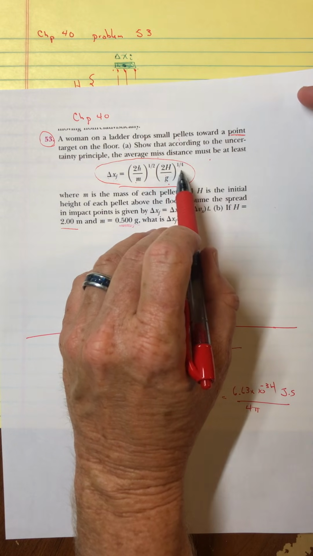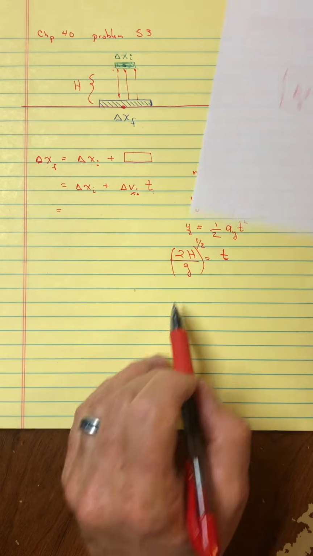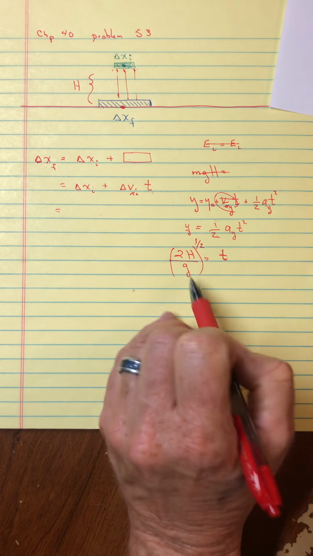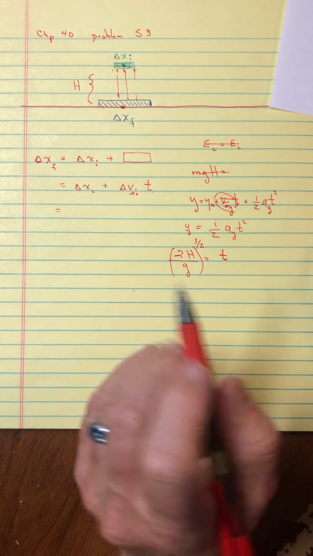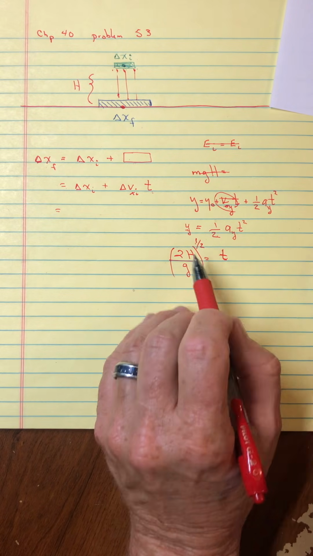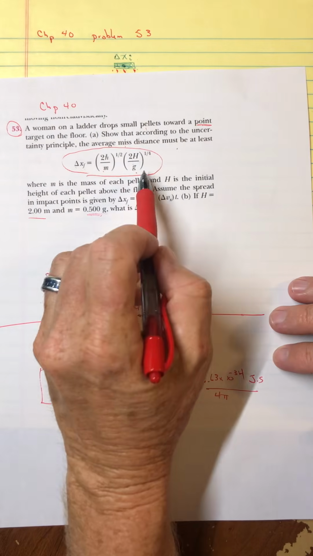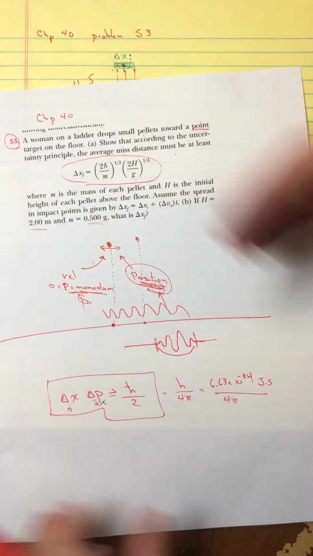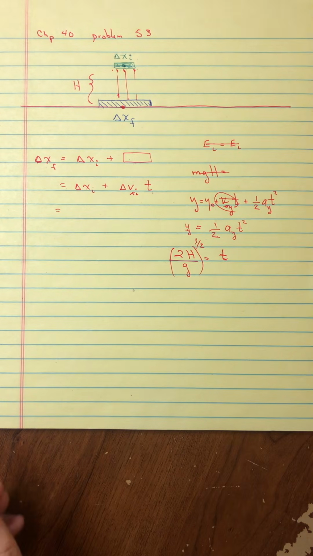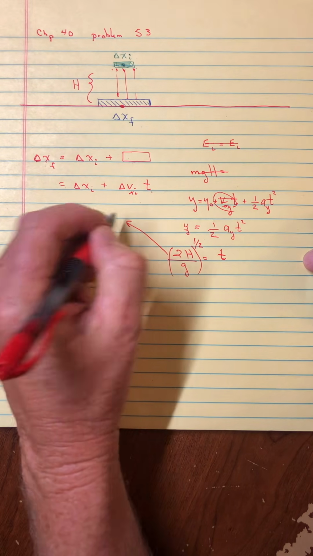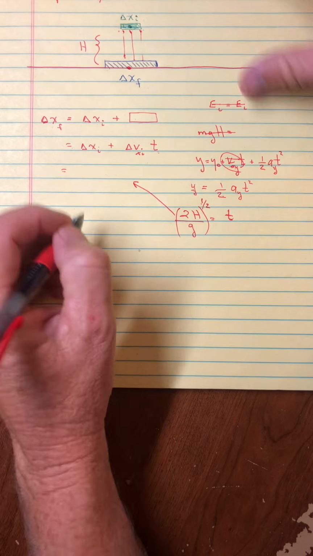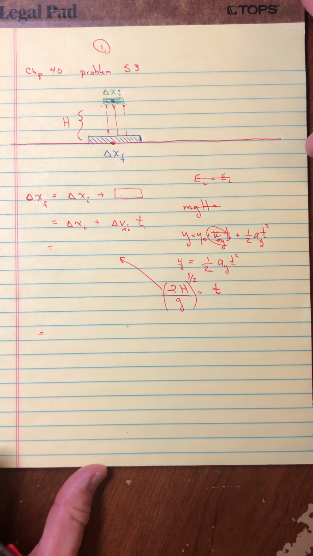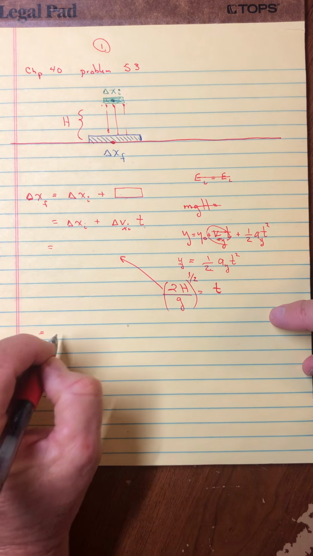Now, it's raised to a power of 1/4, which is kind of interesting because what I got right now is raised to a power of 1/2. So something interesting has to happen here with the mathematics. Probably some kind of square root to get that to come in to be 1/4. But let me not try reverse engineering it. Let me just move forward and see if I can come up with that. All right, so if I use that back in this equation, and I'll just move down here, and I think this is going to end up being a long problem, so let me put number 1 up there. Let me then say, okay, so the uncertainty would be this.